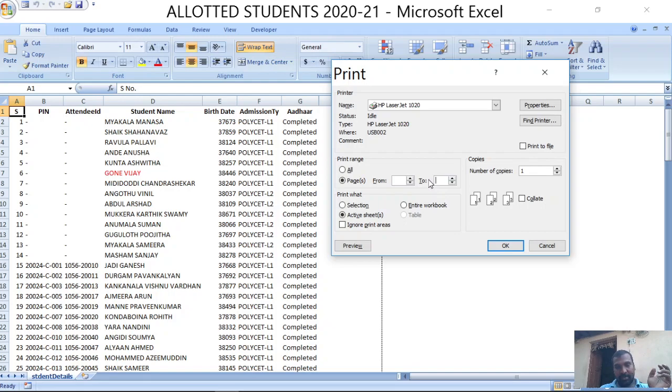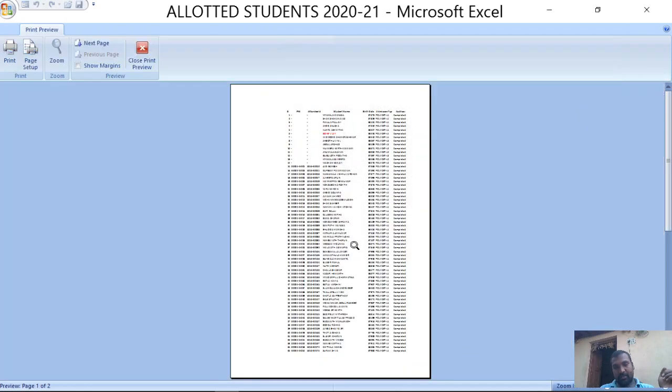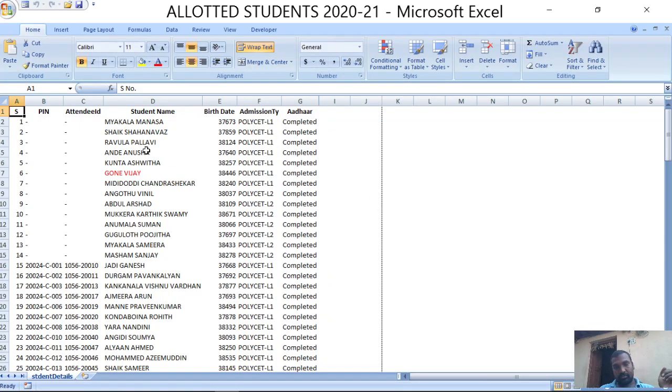For example, if the document contains 10 pages and you want to print the first 5 pages, then you enter 1 followed by 5. If you want to print all the pages, click on this all.